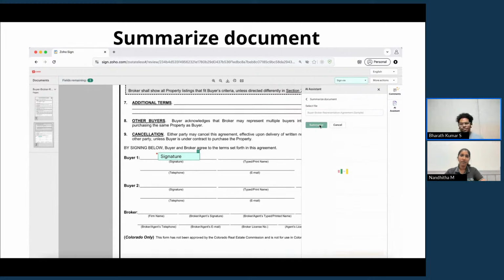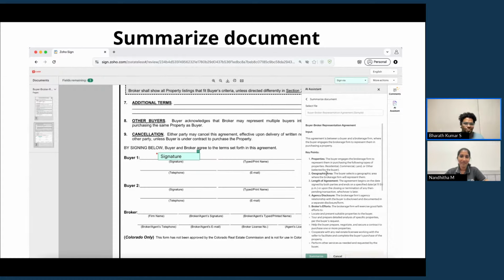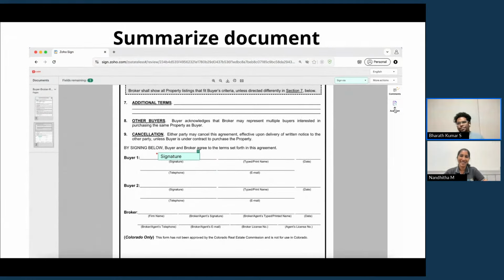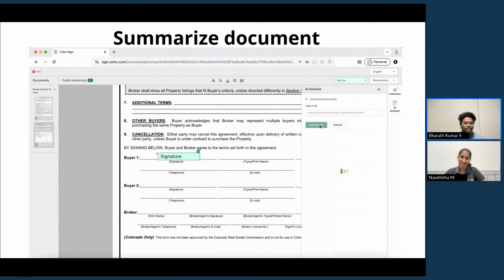So how many of the people over here just sign the document before, like, let's take the offer letter which you have signed. You guys ever just go through the document and signed it, or you just, okay, it's my offer letter, so I'll just sign it? I believe most of the people would have done this, including me. So in this place, what if there is some hidden clause, like you have to work for me for a year without any pay?